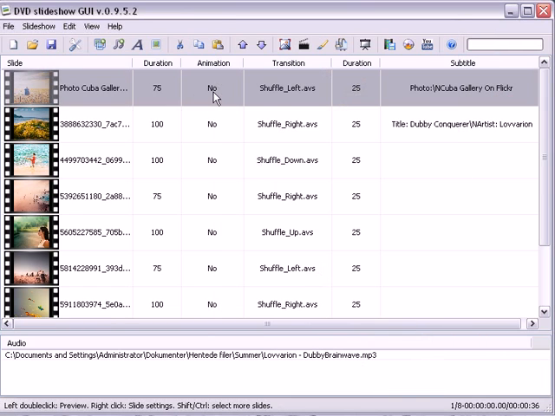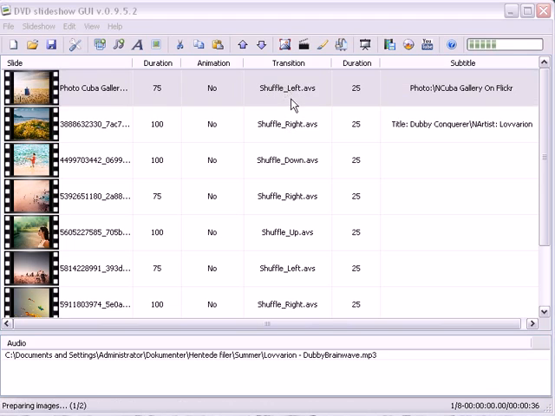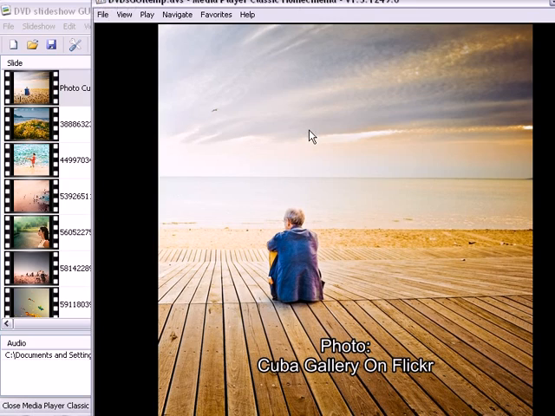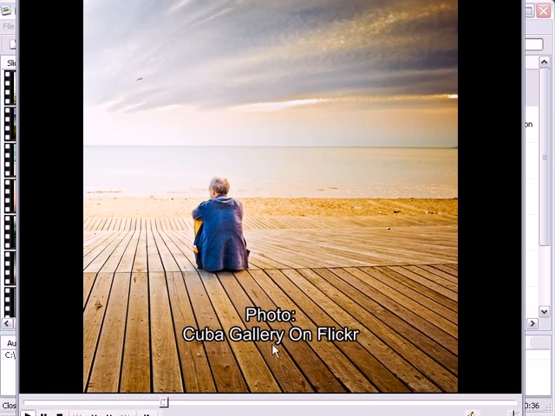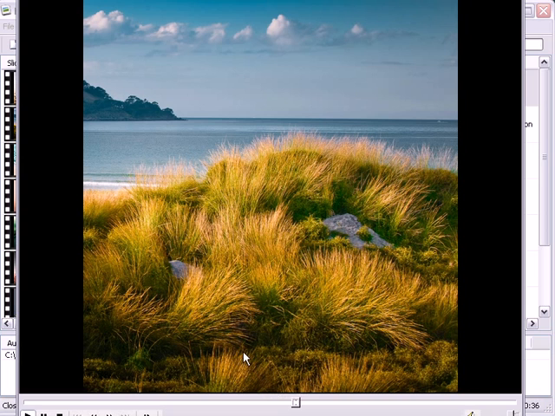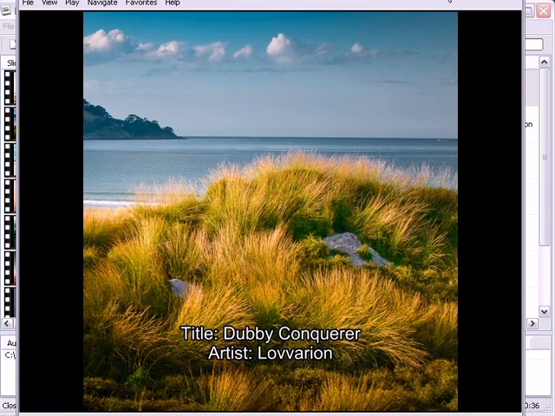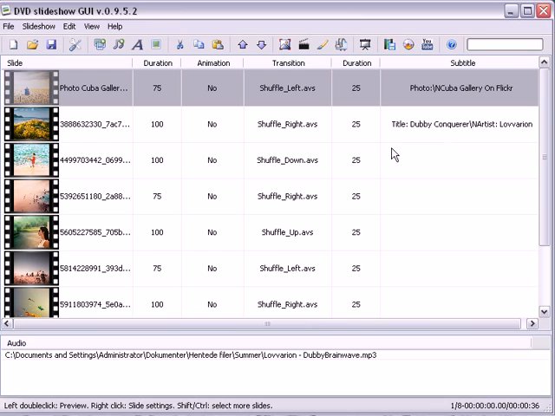There's another very useful functionality, and that is if you double left click on a slide, it will preview that particular slide and the next slide. I'll just do that. Let's see, it's playing one slide, transition, and the next slide. And if you want to preview a